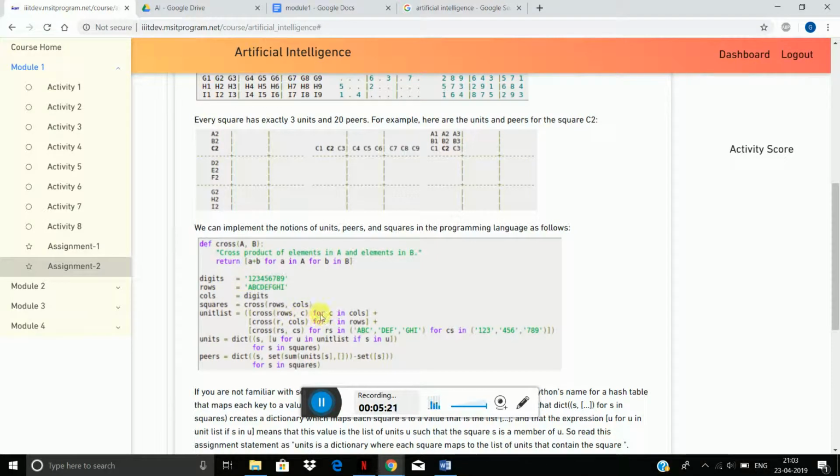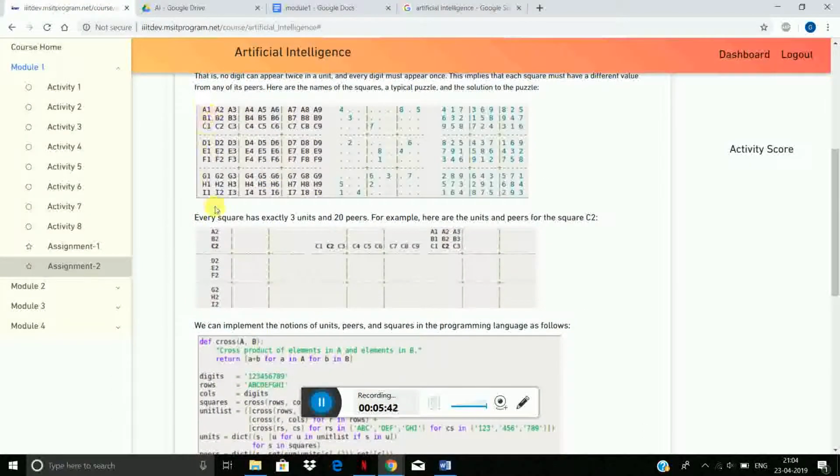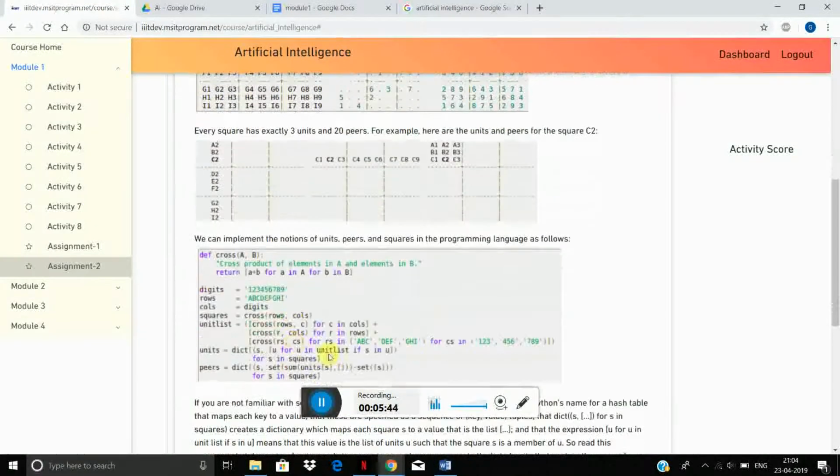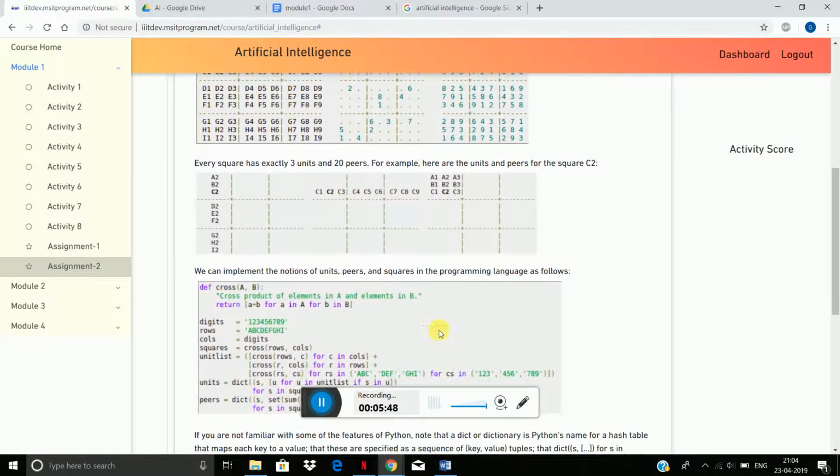So what we'll get is, for example, if we take for c in columns, in the first iteration we'll be getting 1. So we'll be sending A B C D E F G and 1. So A1 B1 C1 D1 E1. So for column we'll be getting all the 9 columns, and plus here we are sending again